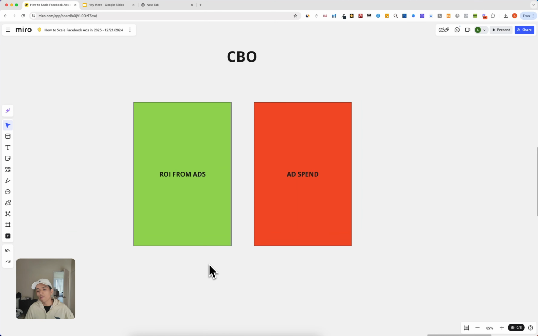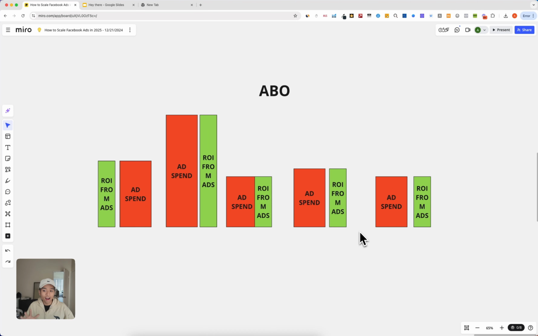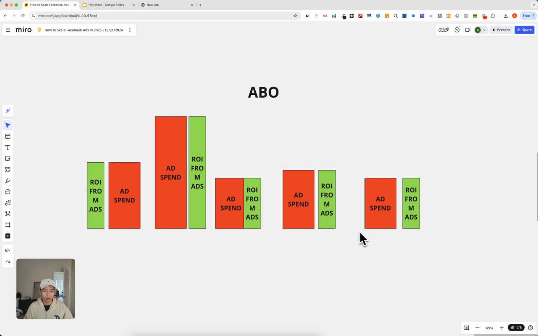Contrast that with this. Look how beautiful that is. If ad spend goes up and ROI from ads goes up, perfect. Super simple. If I want to increase my ad spend, I just increase one budget and I'm good. That's it. I don't pretend to know more than Facebook. I'm not saying guys who run ABO pretend to know more than Facebook. I'm just telling you, especially for larger stage brands,